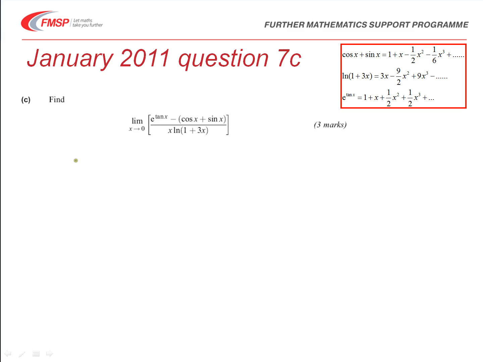Finally, we're then looking for this limit, so we're going to substitute in all the expansions that we know to start with. So we're going to get the limit as x tends to 0 of